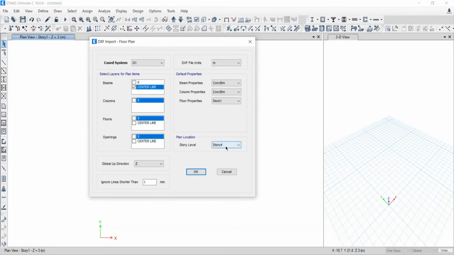At what level? One. You want to import Story 1. There are 4 levels: first, second, third, fourth. Story 1. Okay, Story 1. This is done. Let's say simply OK. Once you click over this OK,